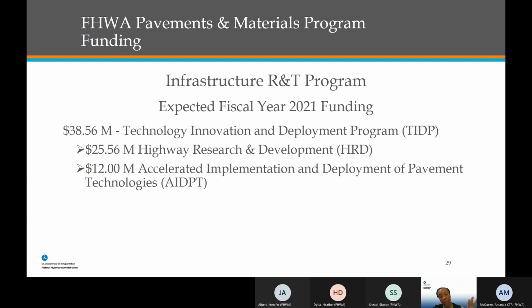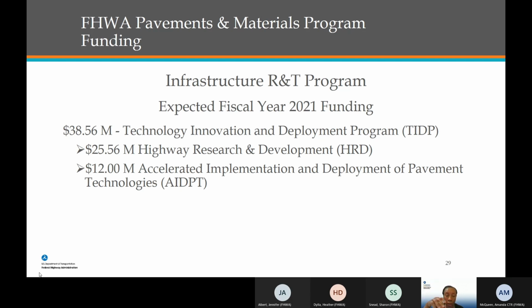So again, Federal Highway gets about $70 million in FY 2021 of this TIDP funding, and about 38.5 million of that actually goes to the Infrastructure Research and Technology Program over at Turner-Fairbank Highway Research Center. As a part of that split, 25.5 million of that is designated for highway research and development, and within Turner-Fairbank, they really decide how that will be divvied up.